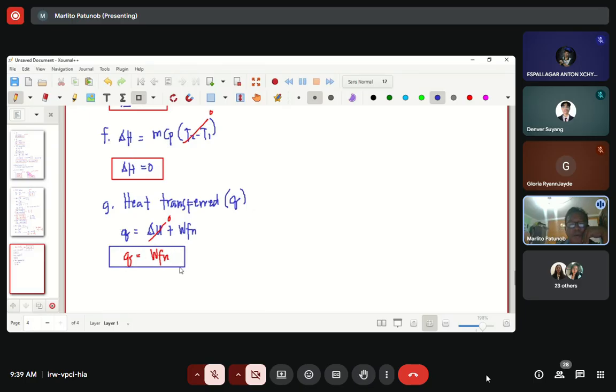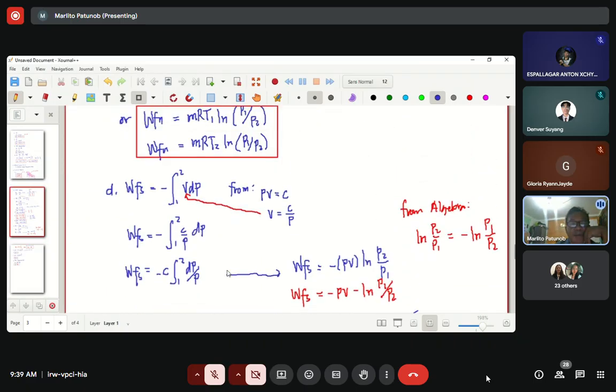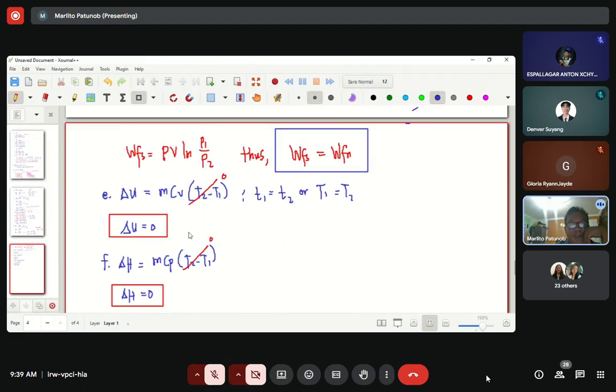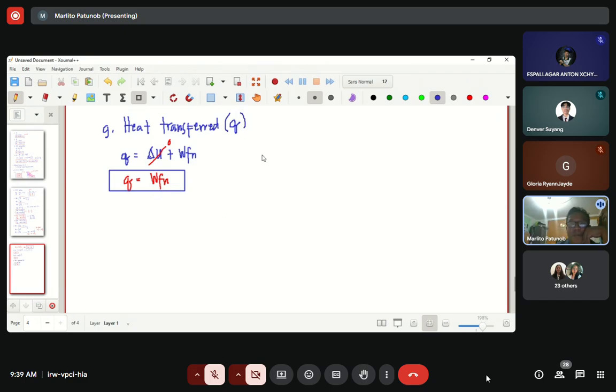So what are the work non flow formulas? Which is also equivalent to the work steady flow, no? Sometimes in the exam, you will be asked whether it is zero, negative, positive, or infinite, so those will be the choices. So you must know this one, no?